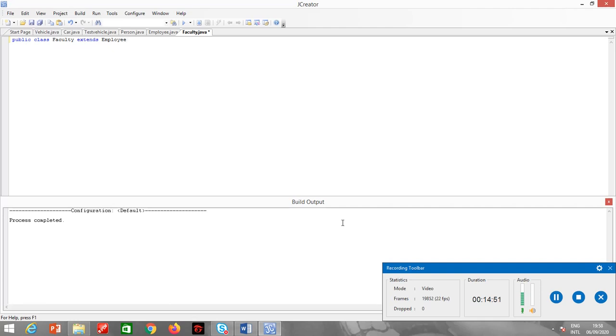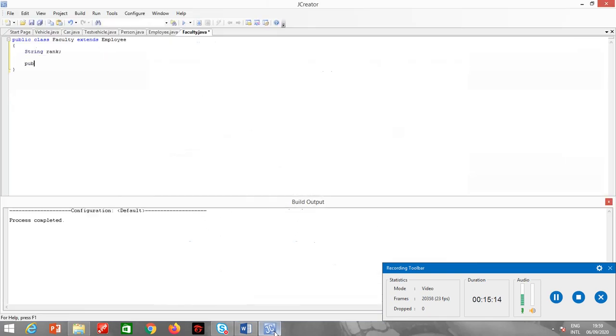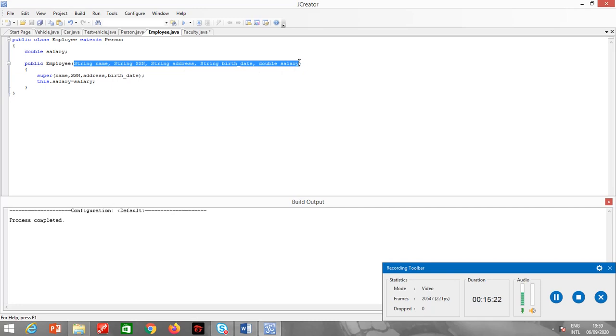So employee is a direct superclass of class faculty and person is an indirect superclass of class faculty. It has only one instance variable, which is of string type and it's rank. We must have a parameterized constructor. Public faculty. I'll copy all those parameters from here, and at the end I will have string rank.